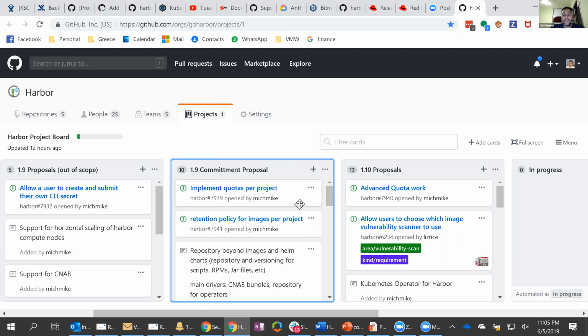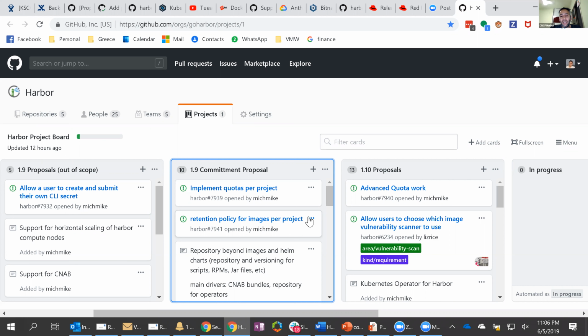So the first one is the ability to implement quotas per project. That's something that Nate does feel strongly about, and we'll kind of use his guidance and expertise on this project as well. And that's basically giving you the ability to do a couple of things. We'll start simple. We'll start with giving you the ability to limit the number of images and tags in a single project. So it's just a straight number. You say, I can only have 10 images here. Once that limit is reached, unless someone deletes an image, you cannot upload another one.